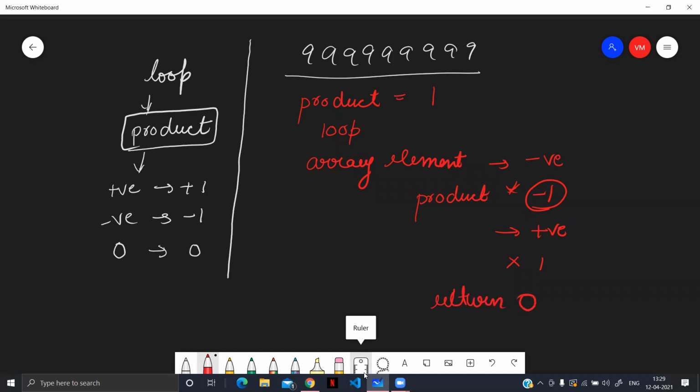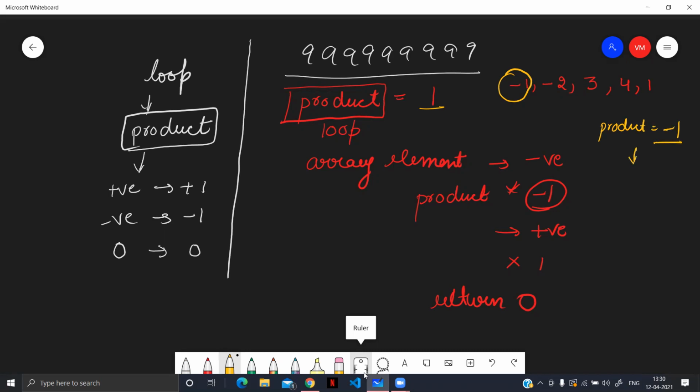So what this idea basically is, we are going to store the sign of the product in a variable called product. So this will not store the value of the product, it will just store the sign of the product. For example, we have the array like -1, -2, 3, 4, and 1. In this case, initially the element is -1 and the product is 1. So now we will multiply the product with -1 and the product now is -1.